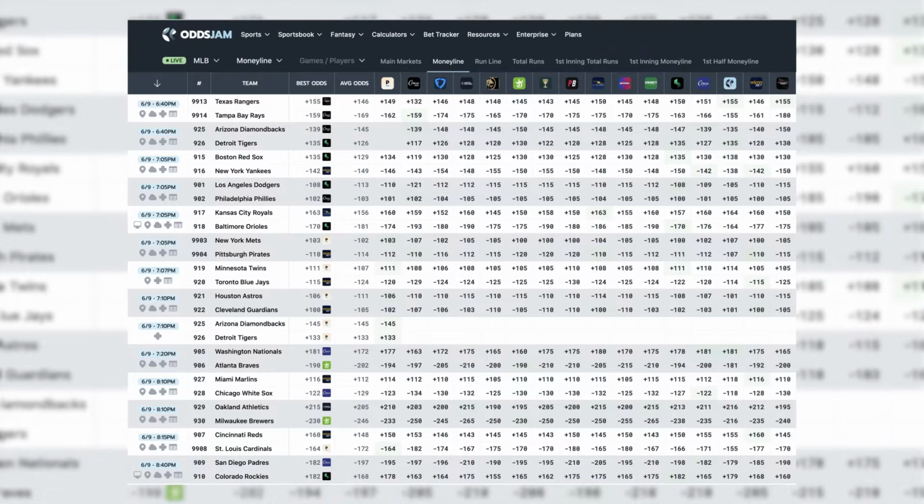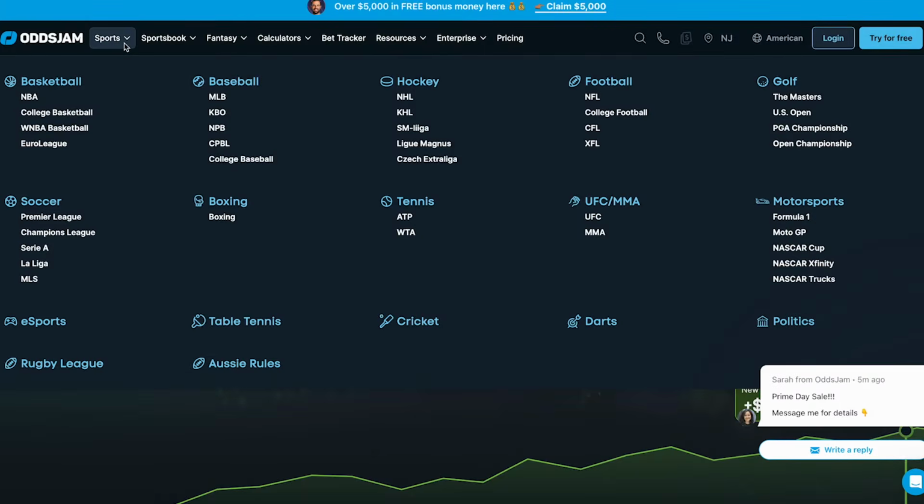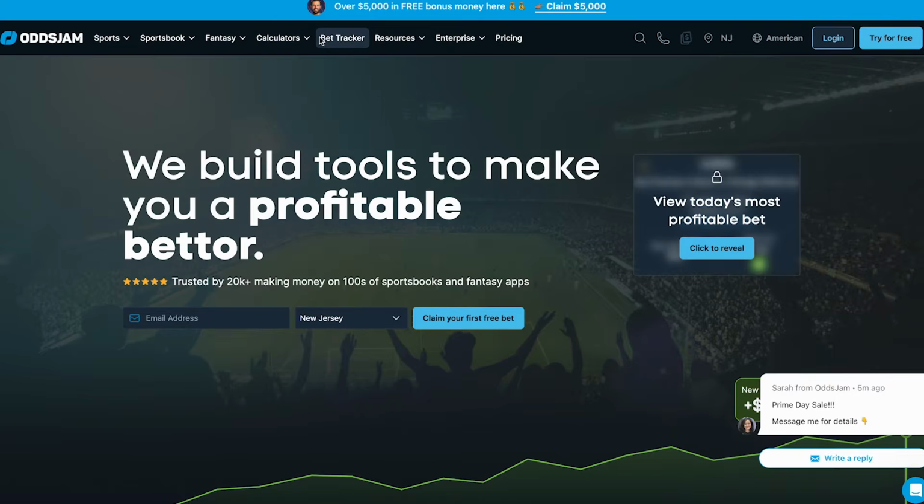OddsJam is a website that compares odds across multiple sports books, finds discrepancies in the market, and gives you mathematically profitable sports betting opportunities. But in order to find these opportunities, it's really important to understand how the website works, how to navigate it, and how to make money. So I'll be breaking down everything that you need to know in this video so that you can make money